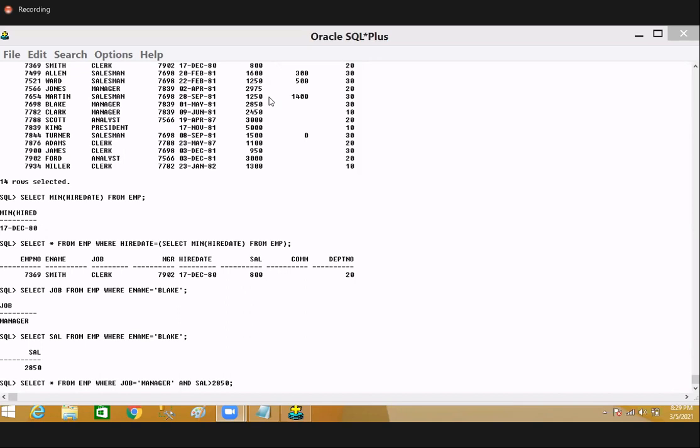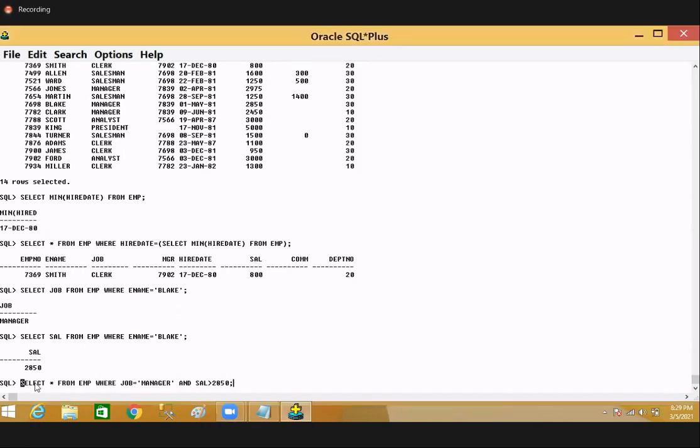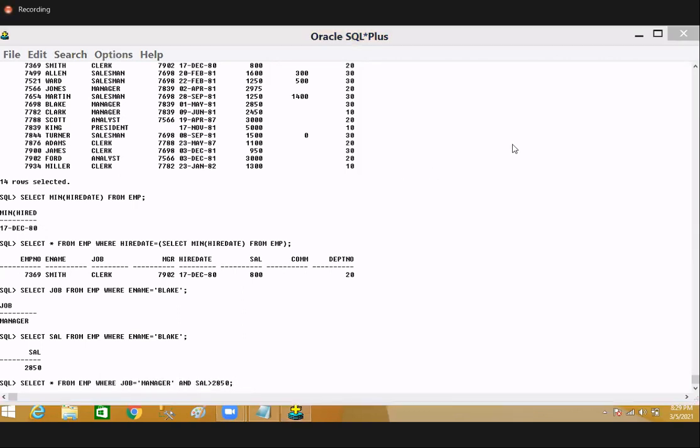Okay, right. So here two conditions, guys. Carefully observe. Select star from EMP where this is the first condition and AND operator, this is the second condition. But guys, here these conditions we can't directly write like this. So this condition, carefully observe. Whatever condition we have written here, where job is equals to manager, this result